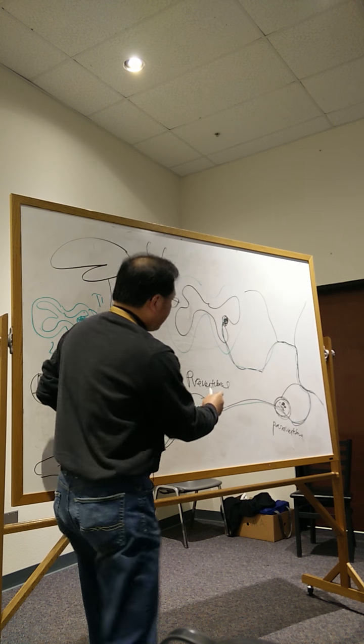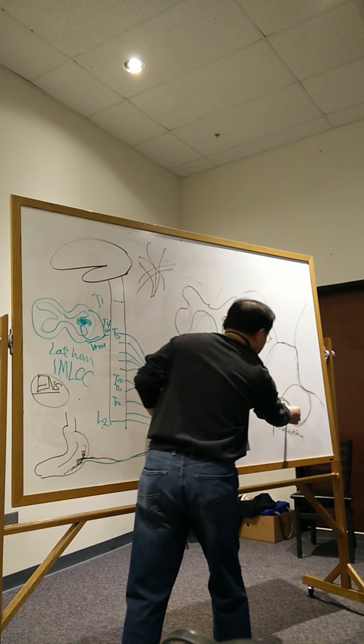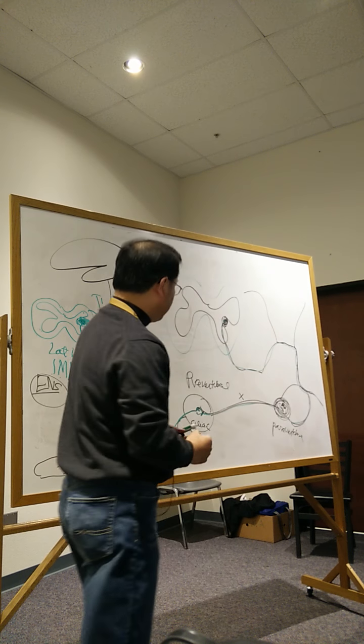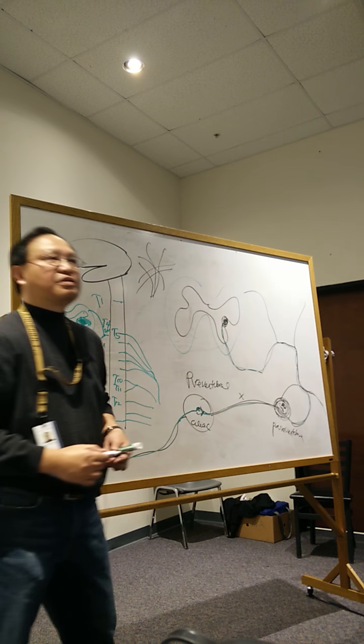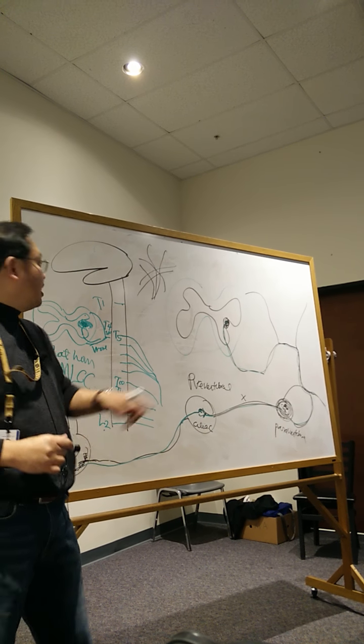Now, what do you call this nerve that you're seeing coming out of your paravertebral ganglion, right in here, that is going towards your celiac ganglion? If it's coming from